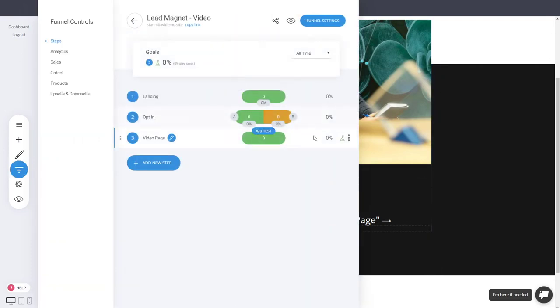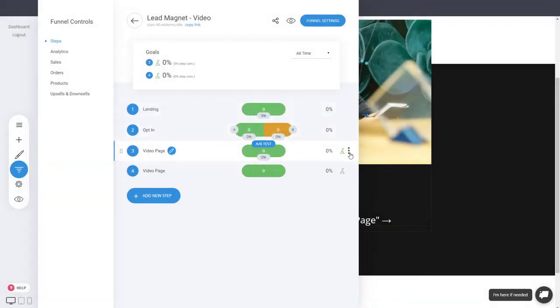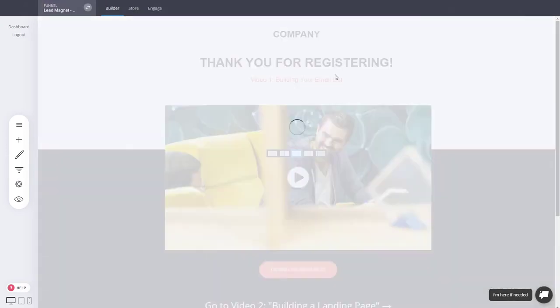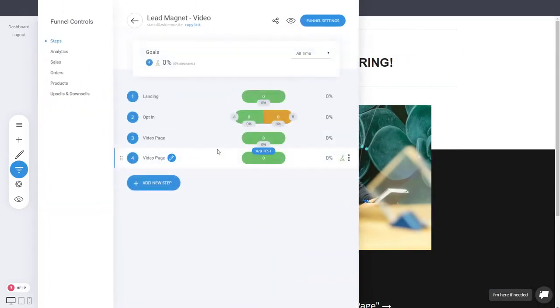And you can easily do that by, for example, duplicating this video page. And if you have like a second video that you want people to see, you can just have it like this, and you just duplicated it. You can go and edit the video too. And yeah, this way you can create your series of different videos that they will get one after another. When they watch one, they can go to the next, to the next, to the next,